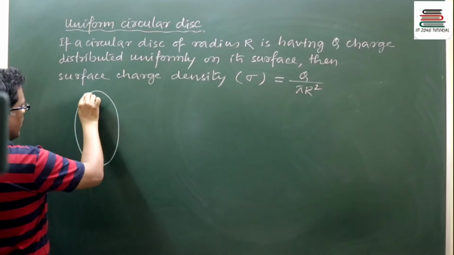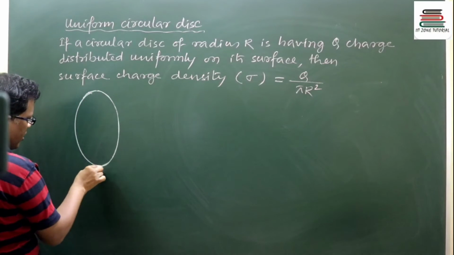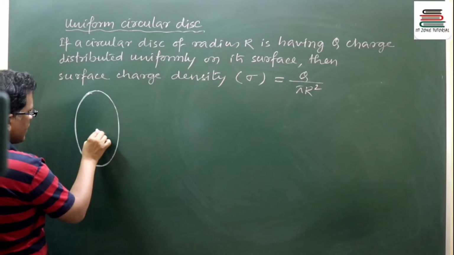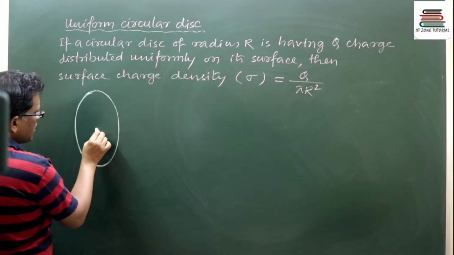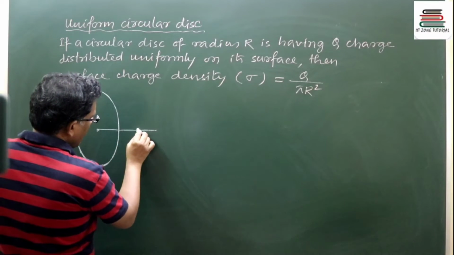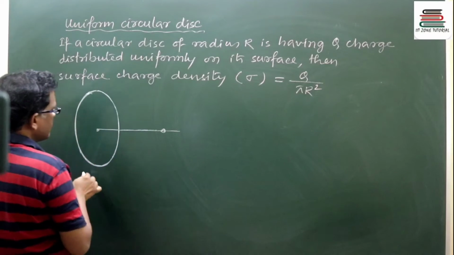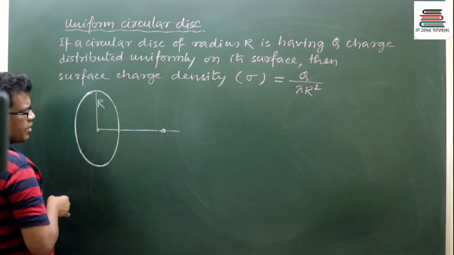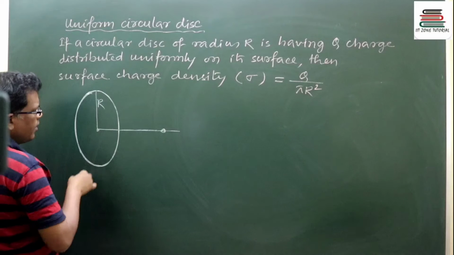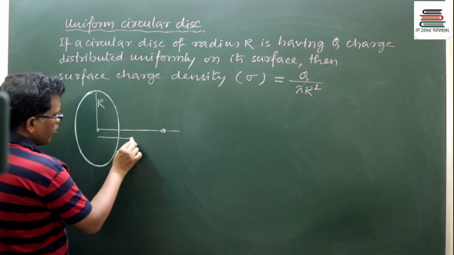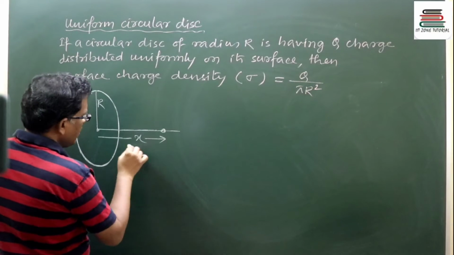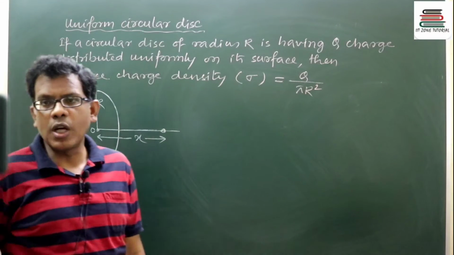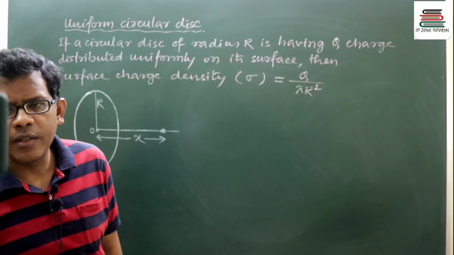right? And again we will try to know the electric field due to the charge appearing on the disc at a point on its axis. This is the radius r, total charge q is available on it, right? This distance will be known as x. It is OB, the center of the disc. Q charge is totally appearing on it, right?